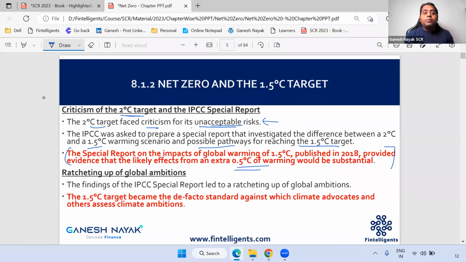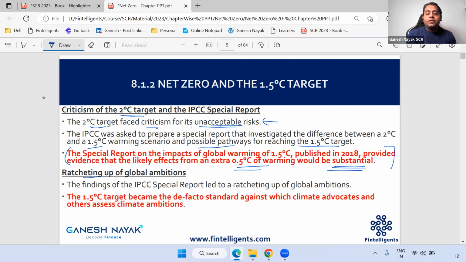In the report, the conclusion that came out was that the difference of 0.5 can be very substantial for the planet. It is not a simple 0.5. It simply means that the increase is going to have a huge impact on the planet. And that is where